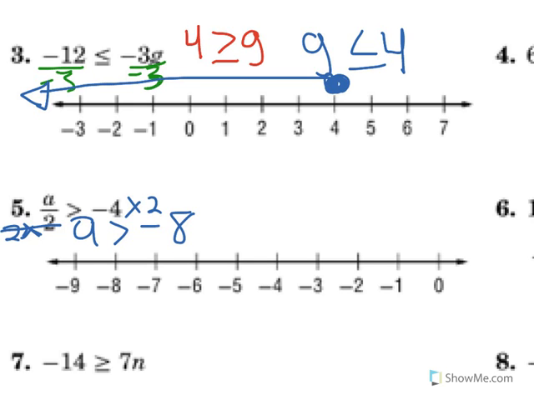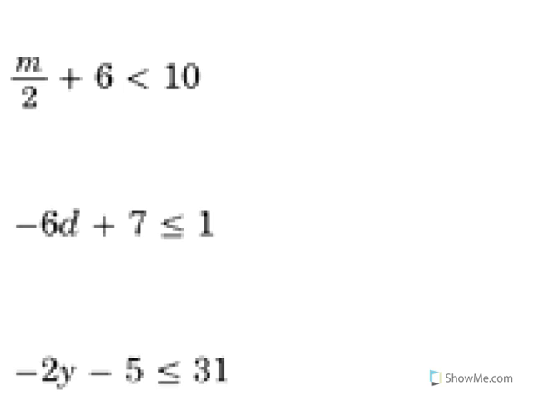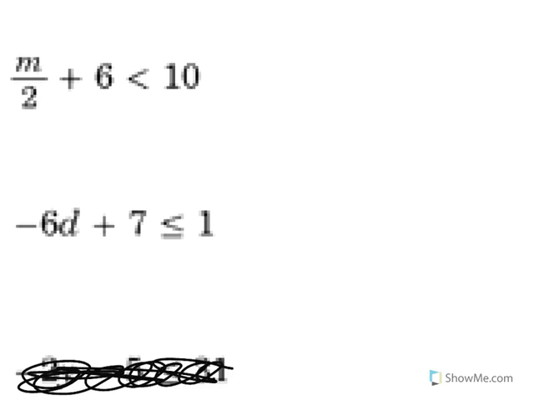So now we're going to do some examples of two-step inequalities where there's going to be more than one thing. But just like before, it's exactly the same thing as regular old equations unless at some point you find yourself multiplying or dividing both sides by a negative. Okay, we're going to do the two problems on the top left. We're not going to do the one at the bottom. For the two problems on the top left, our job is to solve them. But we have to do what we learned about solving